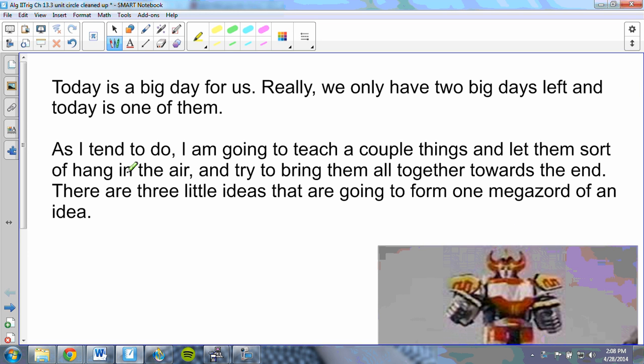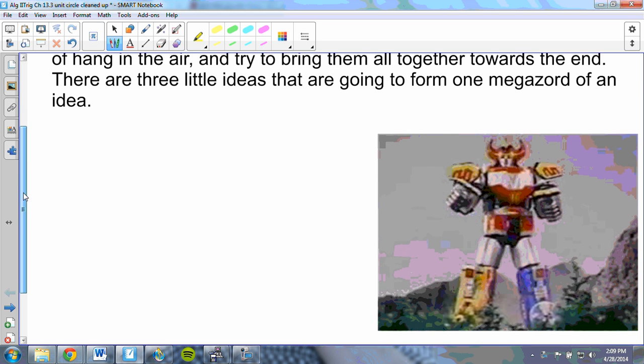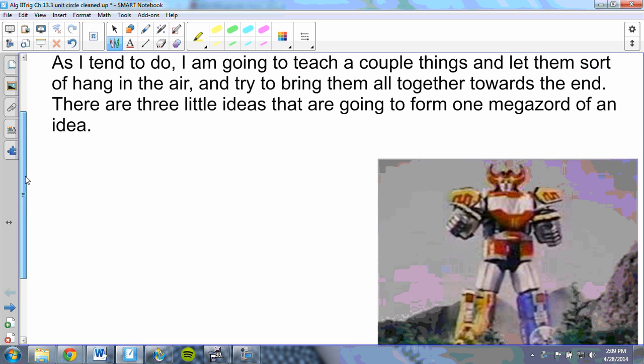and I'll make one big megazord, which none of you probably know of because you had horrible childhoods, but megazords